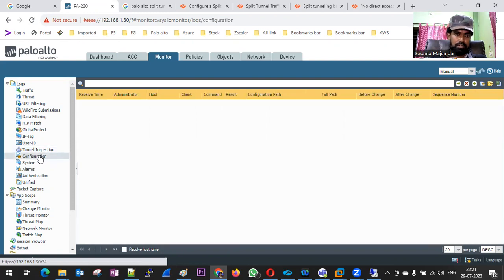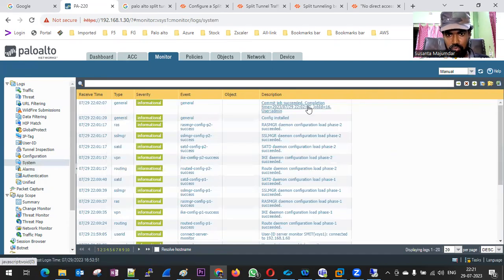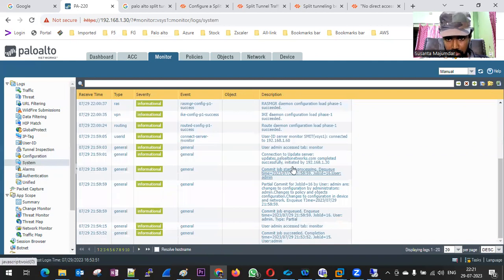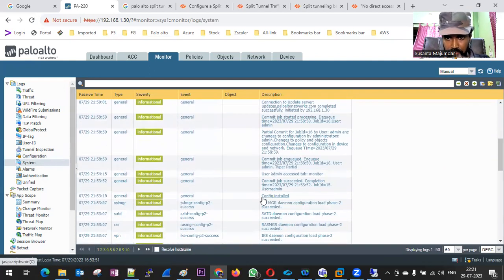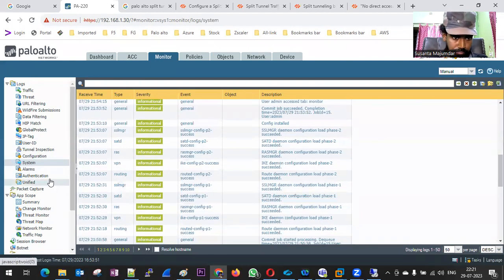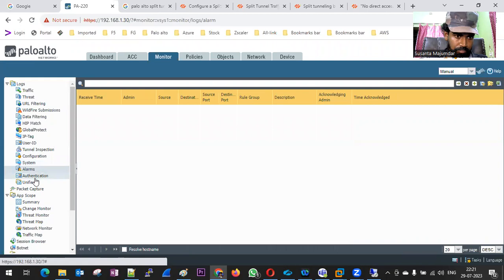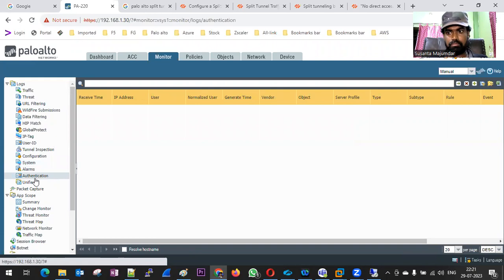टनल कॉन्फ़िगरेशन सिस्टम, it will show in a system। ये कौन यूजर लॉग इन हुआ, सक्सेसफुल कमिट हुआ, ग्लोबल प्रोटेक्ट के लिए ना आपको, यू या दिस इज द कॉन्फ़िगरेशन, पोर्टल जॉब यूजर एडमिन चेंज टाइप कमिट, इसको यू कैन जस्ट डू इट 50। is one phase 2। okay, no issue।